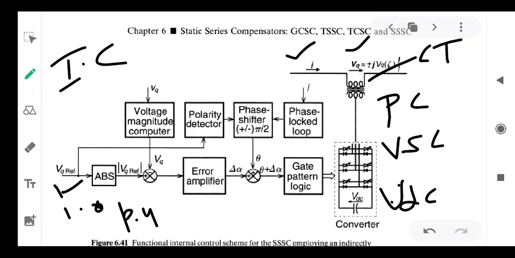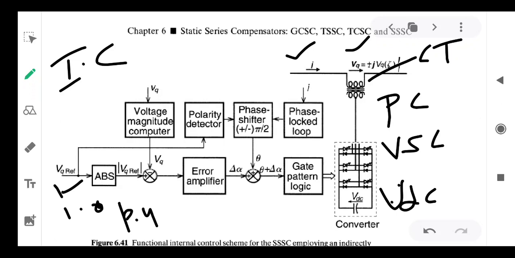One pu means the base voltage all over the power system network is different because of the transformer connections. Wherever, 1 pu is nothing but the rated voltage at each of the buses. So therefore VQ reference is obtained from the base voltage equal to 1 all over the system. That is one approach. The remaining approaches are also there.